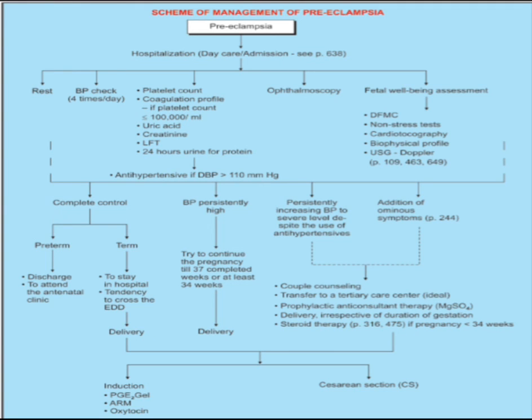If there is persistently increasing blood pressure to severe level despite the use of antihypertensives or addition of ominous symptoms, you do couple counseling, transfer to a tertiary care center, prophylactic anticonvulsant therapy with magnesium